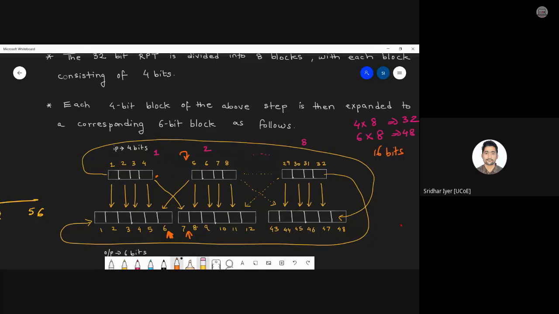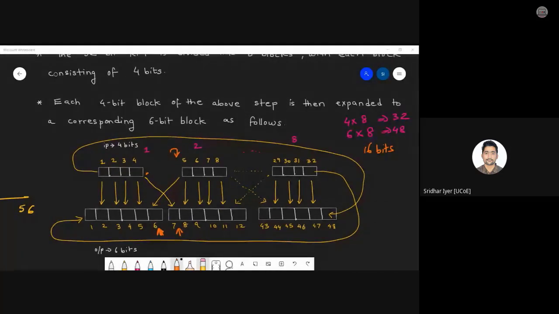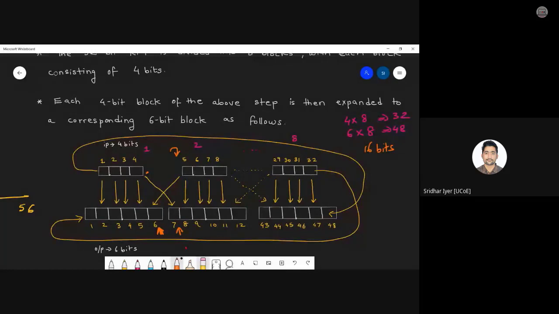So this is the algorithm for that. The first bit of this 6-bit block is nothing but the last bit of the previous block. Similarly, the last bit of this 6-bit block is nothing but the first bit of the next block, and so on. Over here we are coming to an end, so we have to simply loop it back. That is what should be the last bit. It is nothing but the first bit of the first block. And similarly over here, this first bit will be nothing but the last bit of the last block. Is it clear now? I hope this diagram is self-explanatory. Kindly acknowledge.